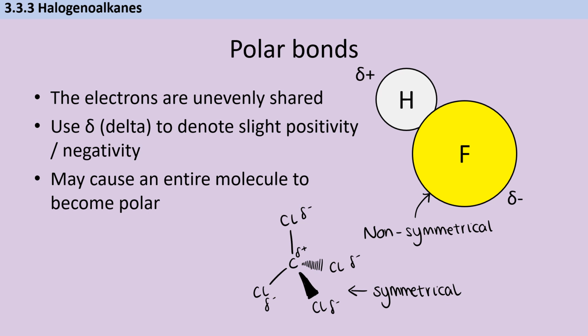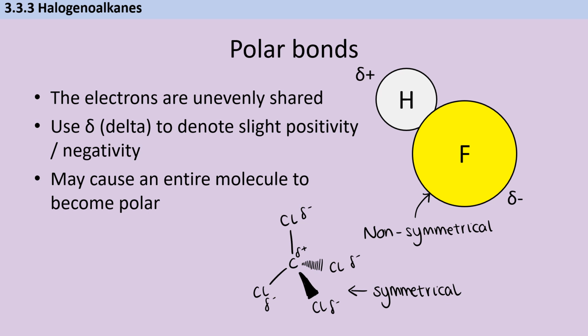And this can happen if the bonds are sort of in opposite directions to each other, if we have a symmetrical molecule, and in that case the slight partial charges will end up cancelling each other out. So in this example here, we've got tetrachloromethane, and because that molecule is symmetrical, even though all of the chlorines are ever so slightly negative, the positive bit of the molecule is actually inside in the middle. It's the carbon. And so it almost doesn't matter that the outsides are slightly negative, because there isn't a positive bit of the molecule that can be attracted, so it's not going to cause us to have stronger